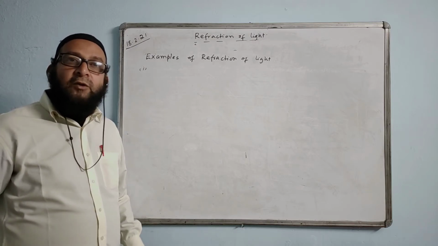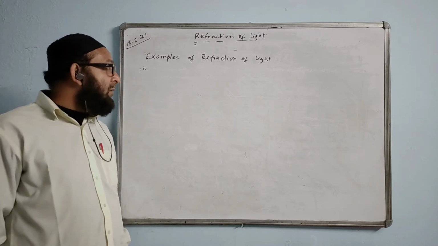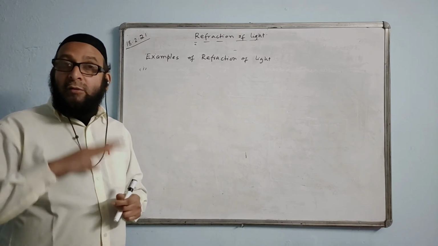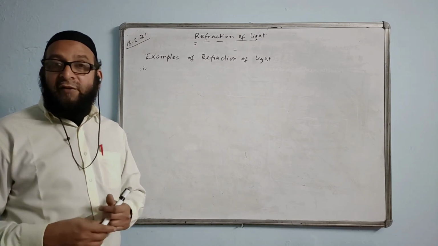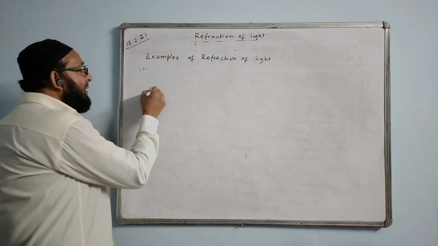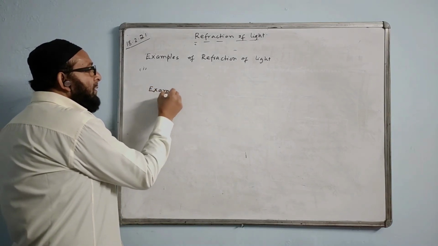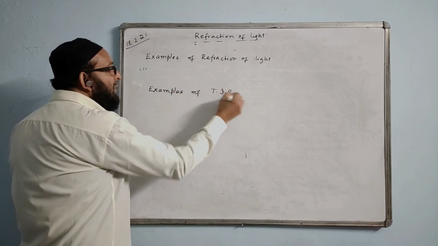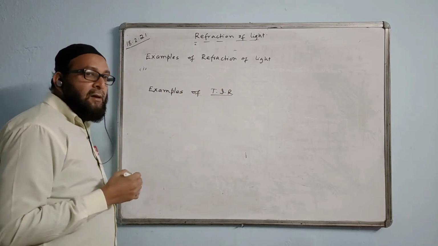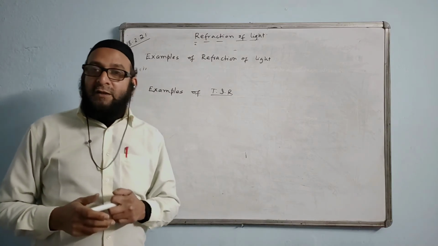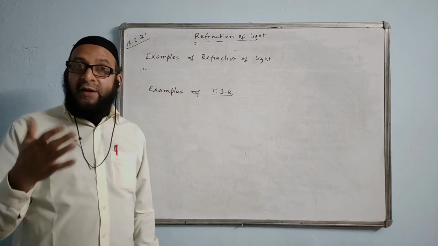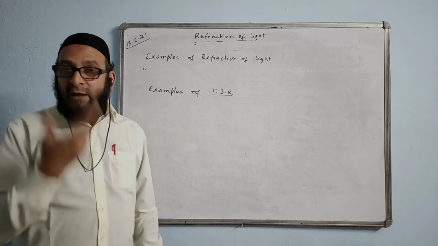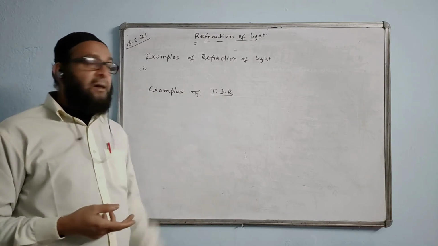So all these recent type questions you may have. Now there are two categories. One is refraction effect and another one is called total internal reflection, TIR. Examples of TIR. TIR means total internal reflection of light. So whenever we see from a transparent surface a mirror effect, like shiny effect, glaring effect, glaring in the eyes, that will be due to TIR.